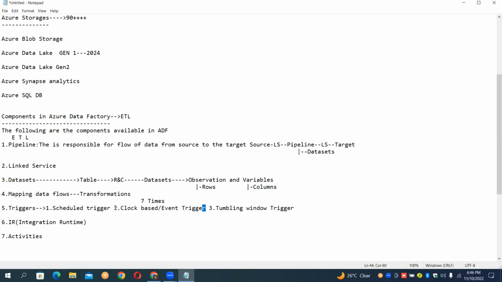And scheduled trigger means what? It will run at 5 a.m. That's it. 5 a.m. means it will run at 5 a.m. Scheduled one. And this concept called tumbling window trigger, we will discuss once we get